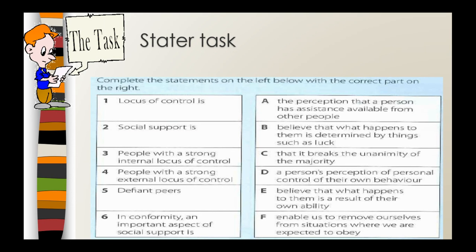Okay, so here are some definitions and key terms for resisting social influence. If you want to have a go at matching them up, they are in your booklet. So 1 goes with D, 2 is with A, 3 is with E, 4 is with B, 5 with F, and 6 with C. You need to make sure that for a shorter answer question in the exam, you can define these key terms.